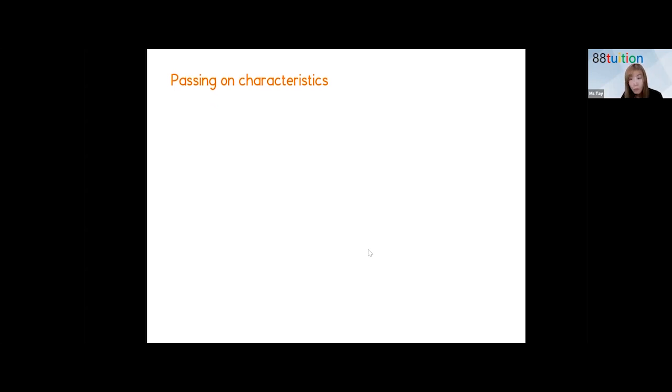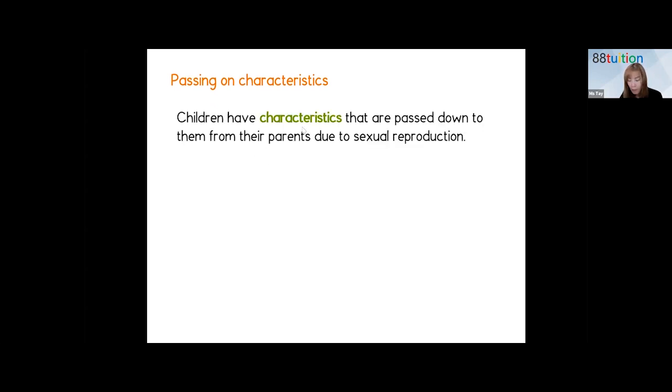Okay, anyway, so let's go on. We are going to talk about characteristics now. All right, so yeah, some of these characteristics that we talked about just now, they are the observed